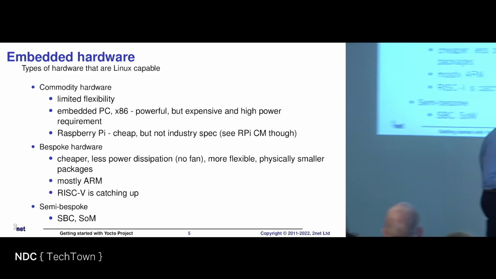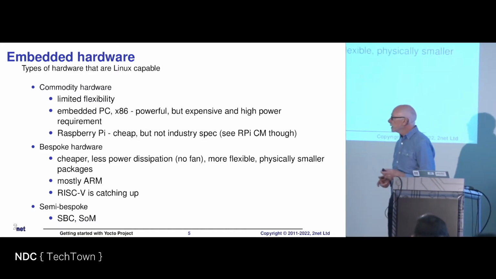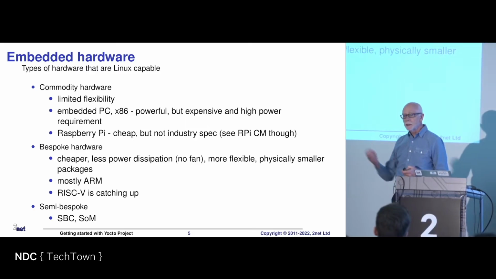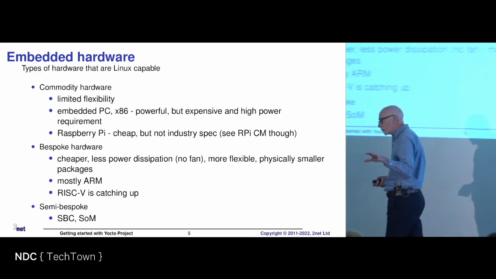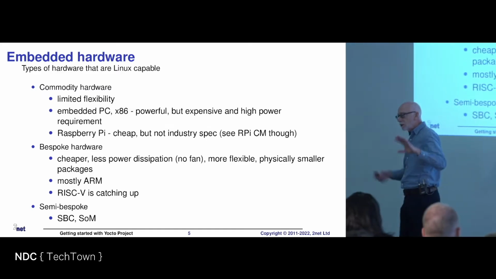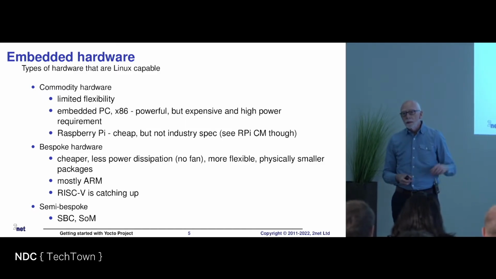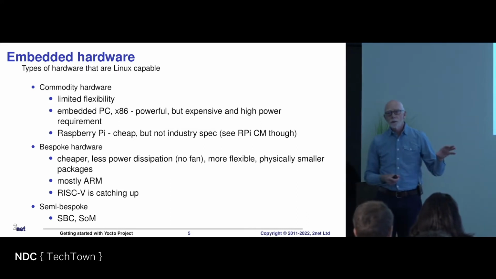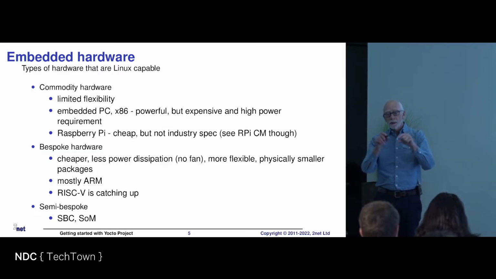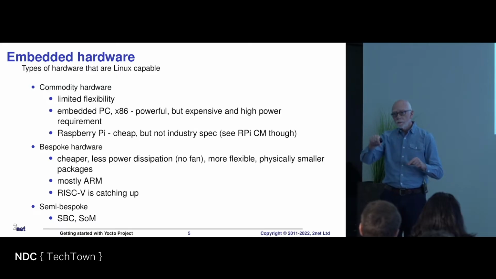And then there's something in the middle, which I call semi-bespoke. So this is SBCs and SOMs. So an SBC is a single board computer. In other words, it's basically everything you need on a board, and you plug in some peripherals and away you go. And in that sense, a Raspberry Pi is a single board computer. And there's also SOMs, system on module. So with the system on module, you have a little module which contains the processor and all the expensive parts. And then it has a connector at the bottom, and you plug it into a baseboard, and that baseboard then